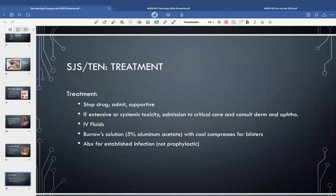If it's extensive or there's systemic toxicity, they need to go to critical care. Get derm on board, maybe get ophthalmology on board. They might need to end up in a burn unit. IV fluids, oral solution can help with blisters, fluid compresses. And if there's an infection,